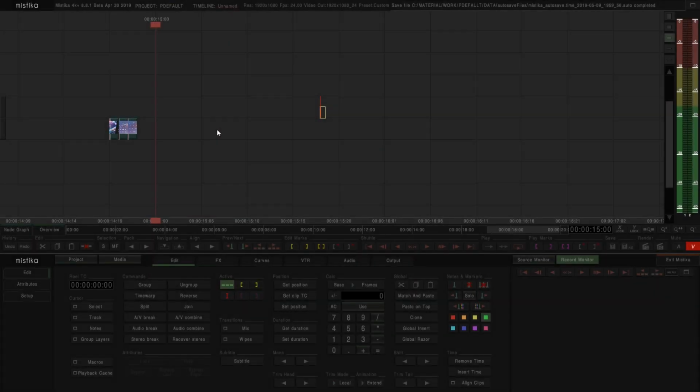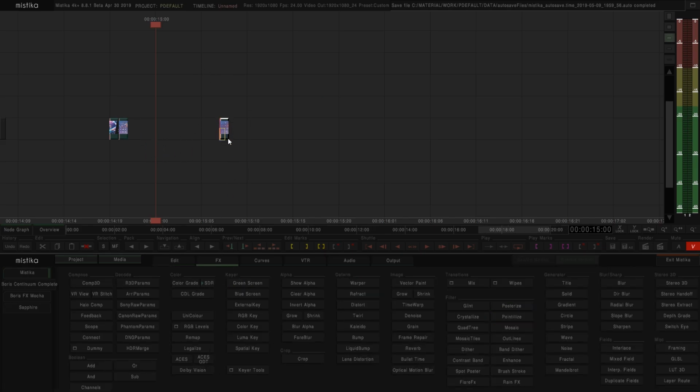What is different is that it has a very different timeline, which is probably the most unique aspect in Mistika compared with other software. And that's maybe the more, well, not complicated, but the more different area that we need to cover. So we will spend most of the time of this masterclass in the timeline, just explaining a little bit how it works, how the clips work, how the effects work in the timeline, some aspects like the scopes of it,